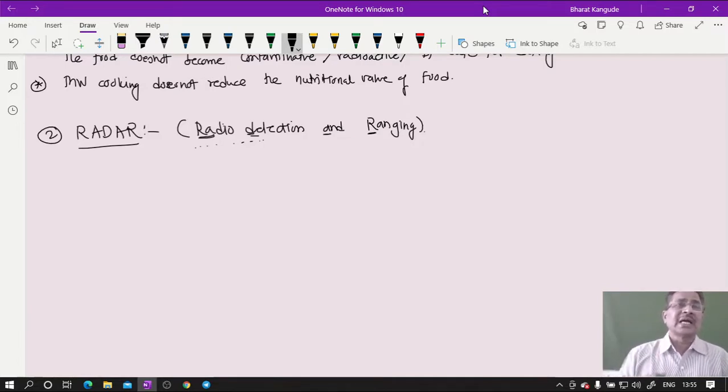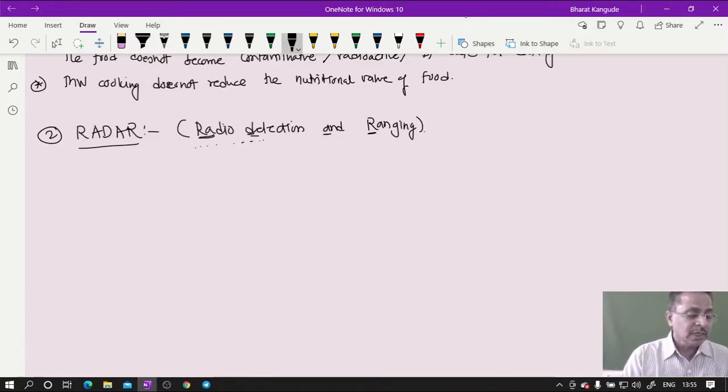These pulses are caught by the device again, and how much time is required for the transfer from the transmitter to the object, and from the object again to the receiver. By calculating this time difference, one can calculate the distance of an object, what distance that particular object is at, what the time is, etc. So these things can be done, and that is the device which is called the radar. Okay, so let's go for the principle of this.